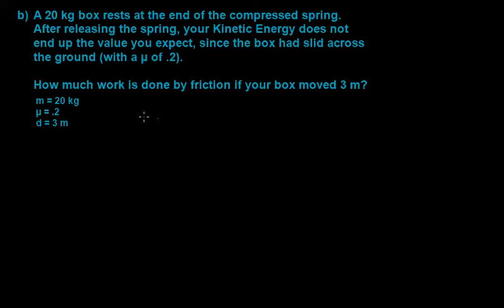friction. So of course the equation for work is just force times distance, and our force here is going to be force due to friction, which is equal to the coefficient of friction times the mass of our box times acceleration due to gravity, and then after all that, just times the distance that our box moved. So again, just like part A, all we have to do is plug in our values and calculate this work